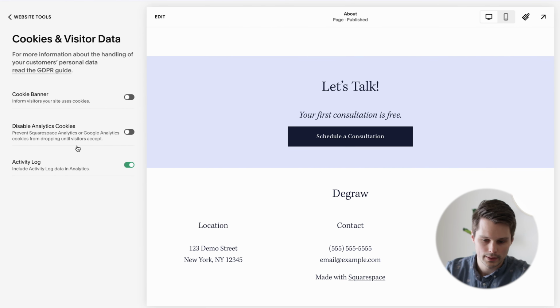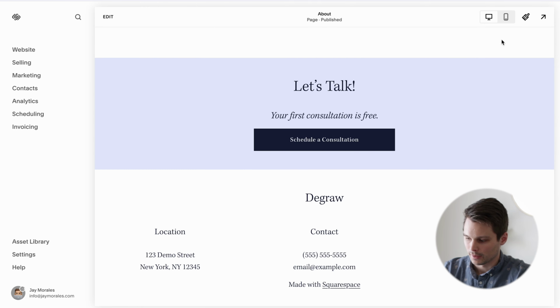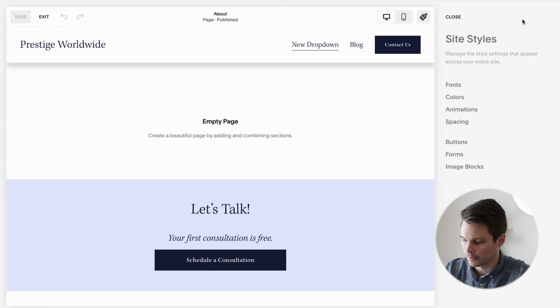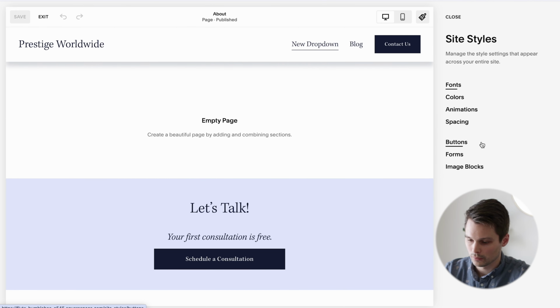This is where you would enable your cookie banner or disable them altogether, as well as keep track of them in your activity log. Finally, let's dive into site styles. Let's take a dive into the site styles. There are lots of options in there, but for this video, I'm going to stick with fonts and colors and buttons. If you click on the paintbrush icon at the top right of editing any page, we will first take